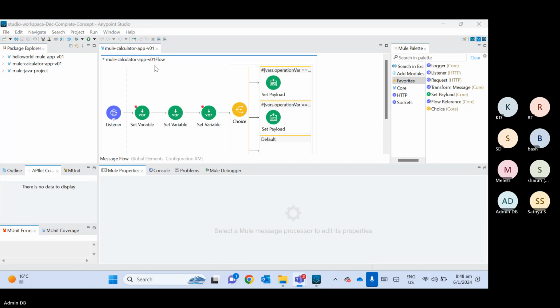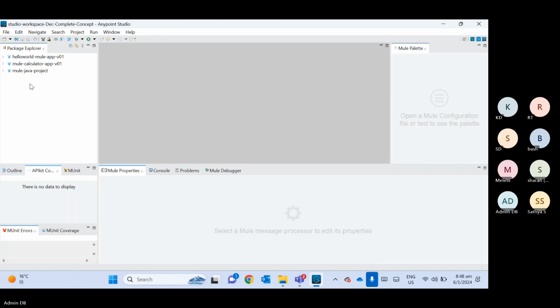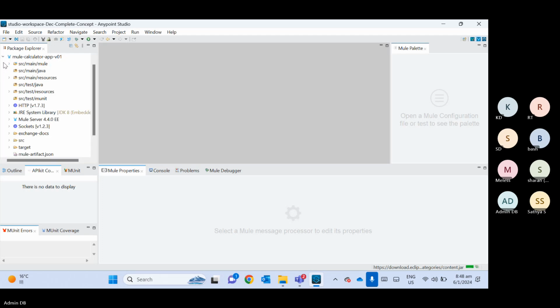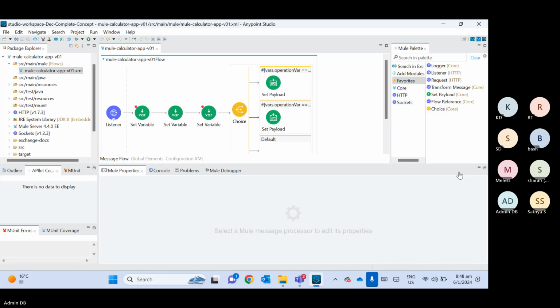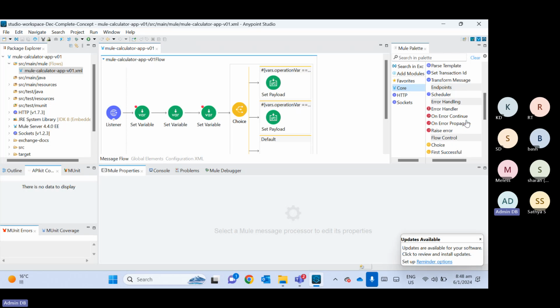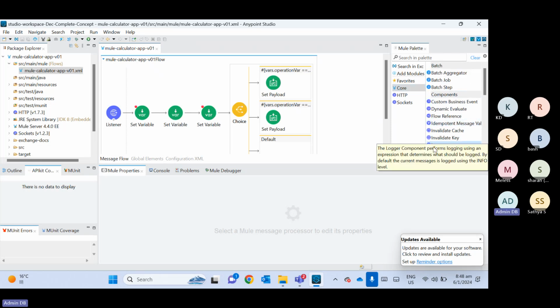Okay. So here, what we will do now, we will see a few more components. Okay. So let's start with the logger component. What does this logger component do? Whenever you run your application,